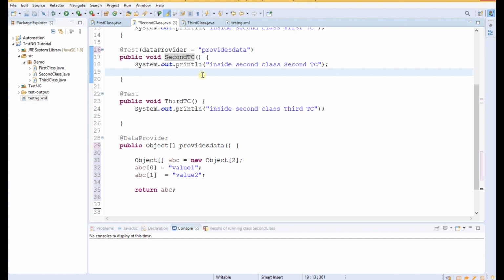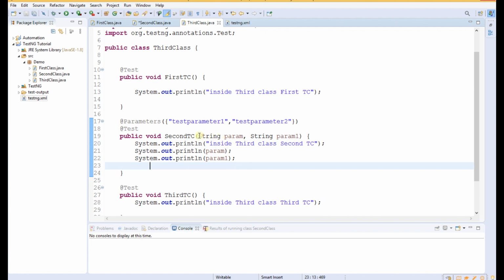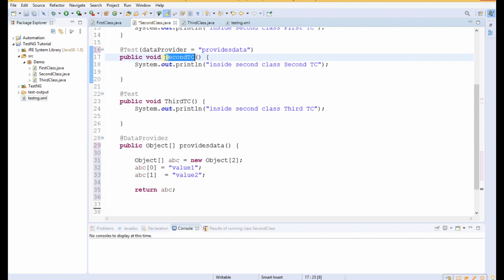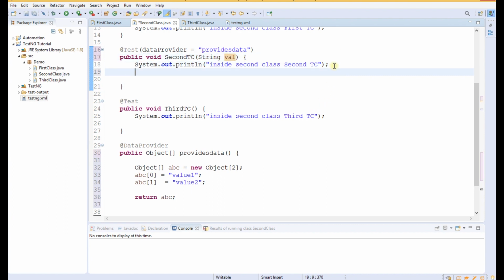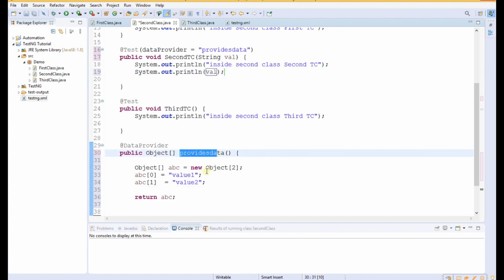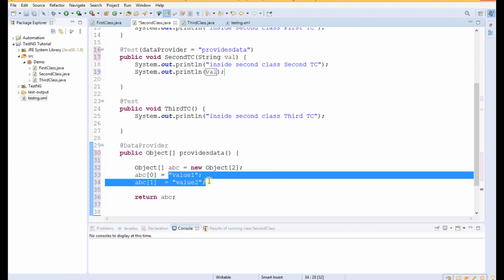How can we use the data inside the second test case? Similarly, as we did when parameterizing through the testng.xml file, we have to provide arguments to the function. So here also we give the argument String val, and here we will print the val on the console. This providesData function is returning a single dimensional array which has two values, value 1 and value 2.